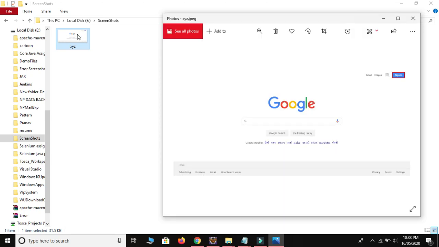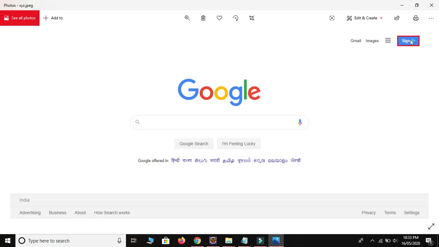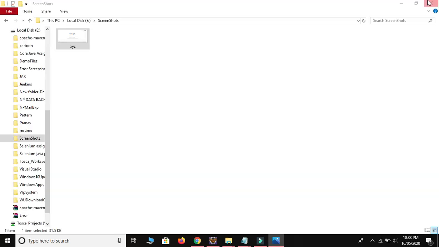Are you able to see, guys, this is the web element where we got some issue. So we don't need to draw the border manually now. We draw the border just before taking the screenshot. Let me close this one. As of now we have only one screenshot because we got an error at the sign in web element.